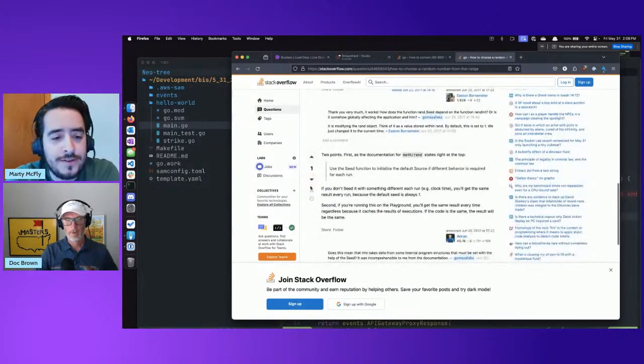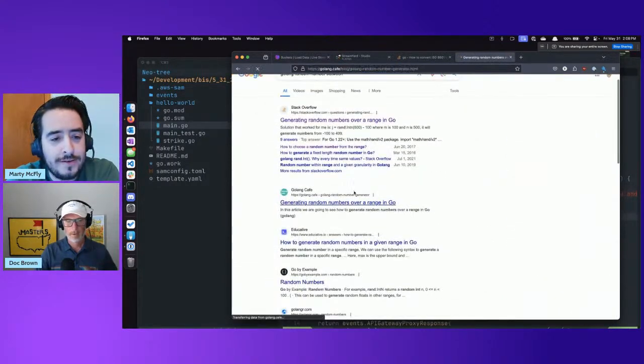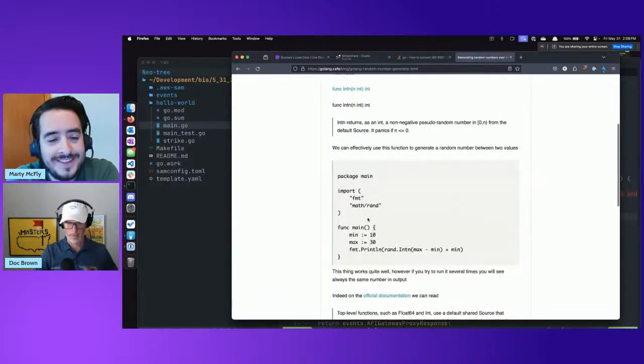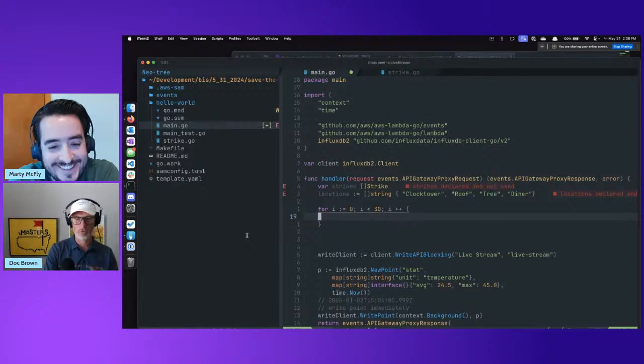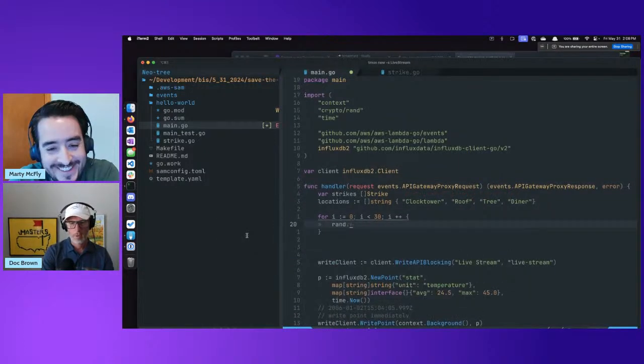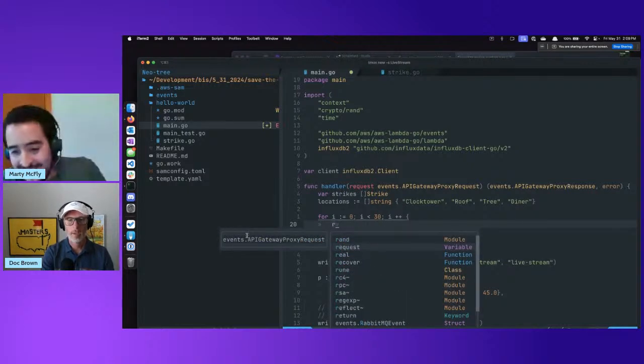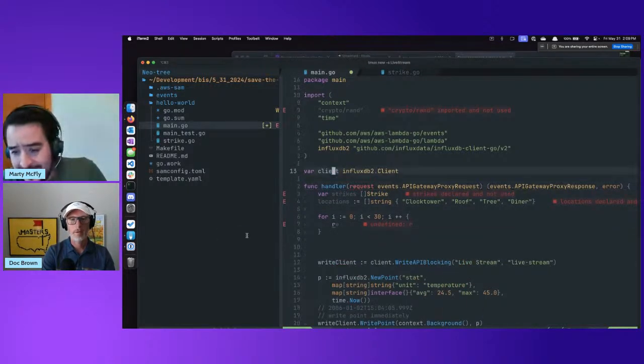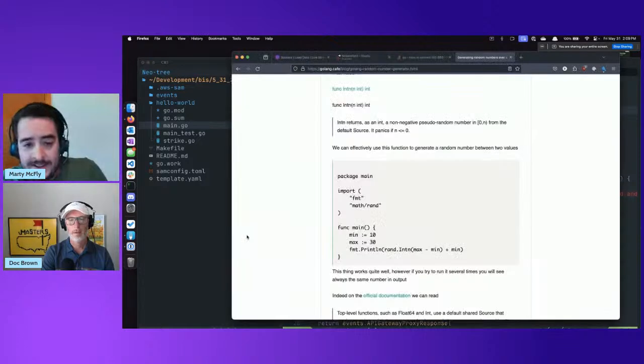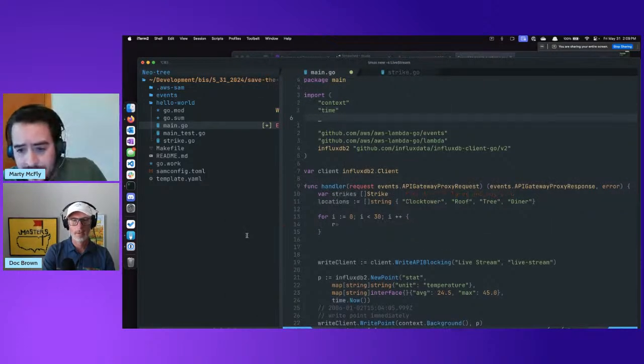In JavaScript, you just do Math.random and you're good to go. So we'll do this. Nope, not that one, that's crypto rand. We don't want crypto rand. We want math rand.